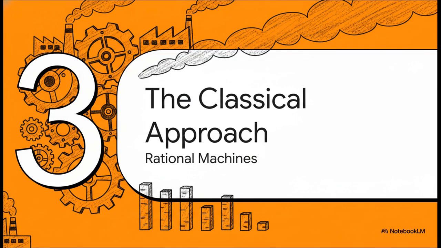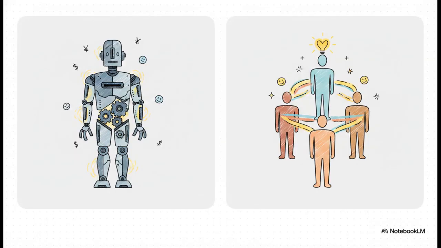People as rational machines. So that rapid development during the industrial era gave birth to our first major school of thought, the classical approach. And this approach was built on a very specific and frankly kind of cold basic assumption that people are entirely rational. The foundational belief was that workers will simply look at the opportunities available to them and do whatever is necessary just to maximize their economic gain. They viewed people as coin-operated machines. You put money in, you get exact work out. We can contrast this mindset directly with the later human resource assumption, which argues that people are fundamentally social, emotionally complex, and driven by self-actualization.